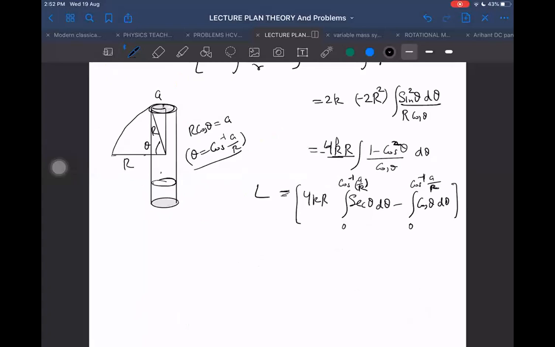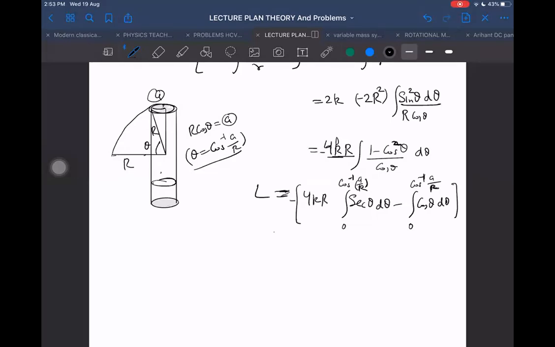Very small, it tends to infinity. If it is very small, what will be tending to infinity? Secant, right. But tending to infinity does not mean actual infinity. It means it will be large, but infinity directly we cannot say. I can take it small. I'm not giving it 0, I'm giving it a small value. 0 and small are two different things. 0 means it will be infinity, but if it is not 0, then it can never be infinity. The minus sign is there, but at last you ignore that minus sign because we want the answer only magnitude wise. Self-inductance cannot be negative.